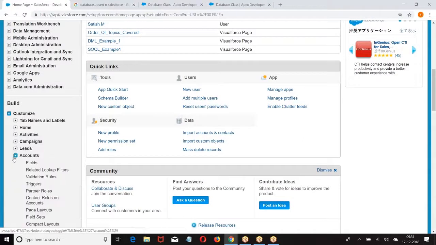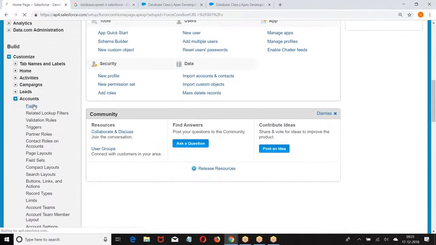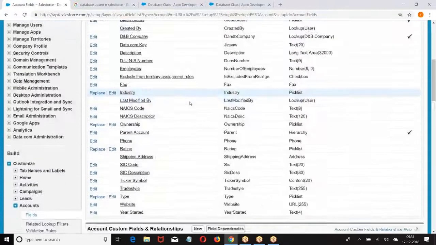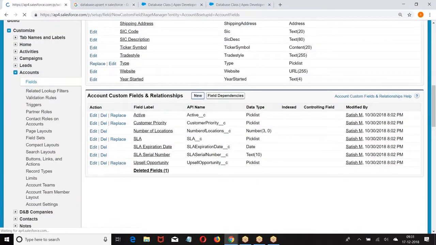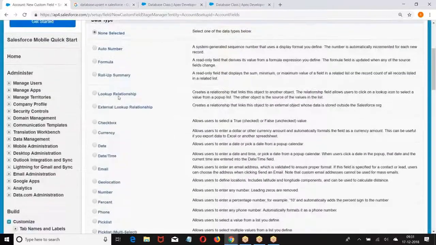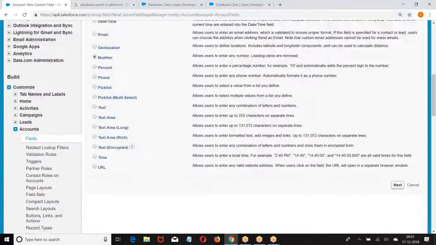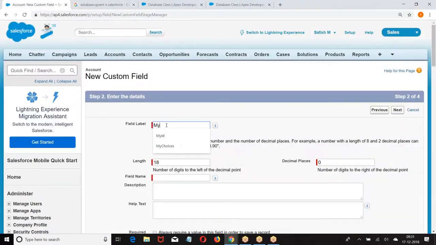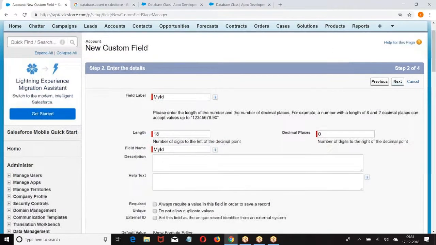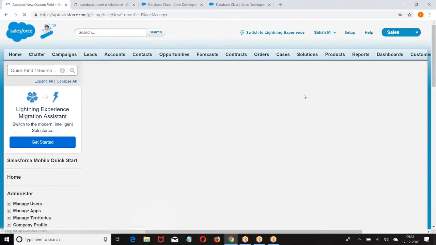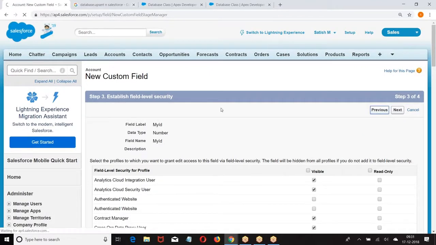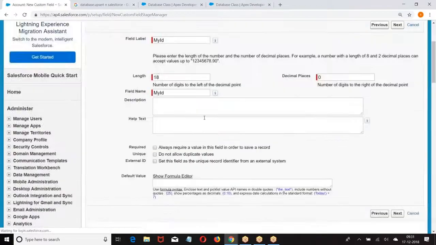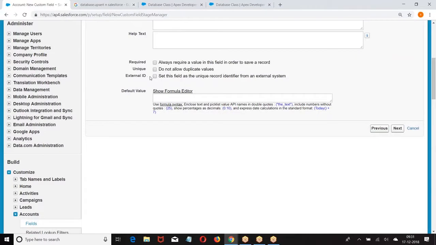Customize Account, new, number. So here we have external ID.